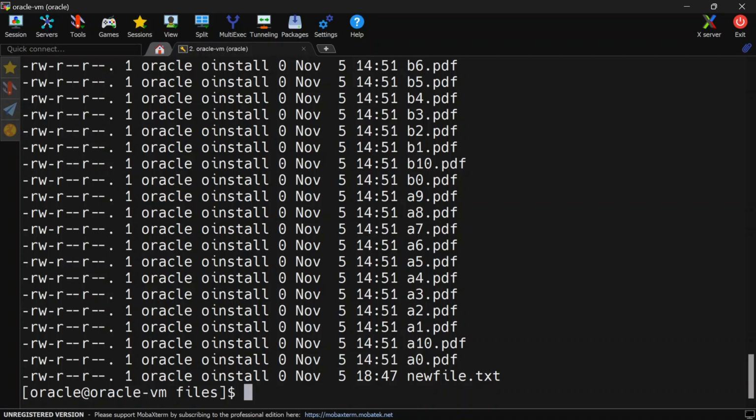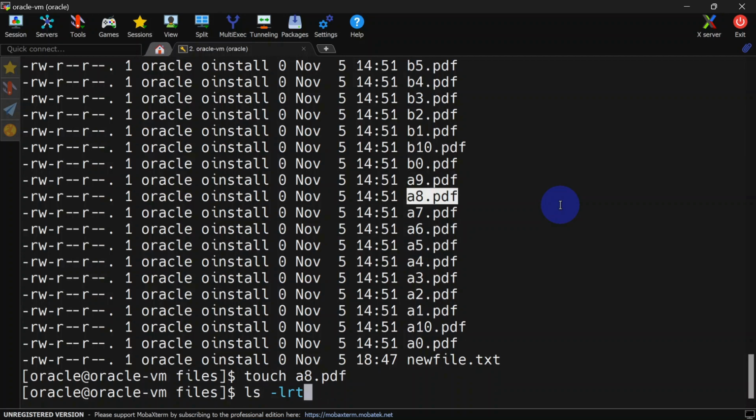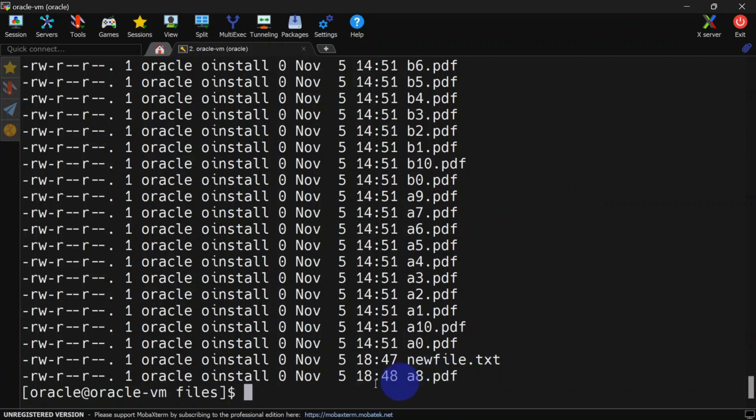Now if you run the touch command for an existing file, it is going to update the timestamp, which is a very less known feature of this command, but a very useful one. So let's try with one file. You can see this file is created at 2:51. So let us run the touch command again on this file, and now it should update the timestamp. You can see